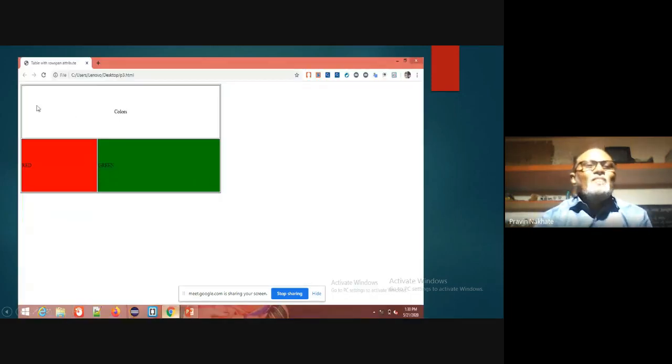Now the first row with two columns is merged here, and the text colors are displayed in this first row. But in the second row, two columns are there. These are not merged because here we have not used the colspan attribute. So in this way, by using these two columns, this information will be displayed.